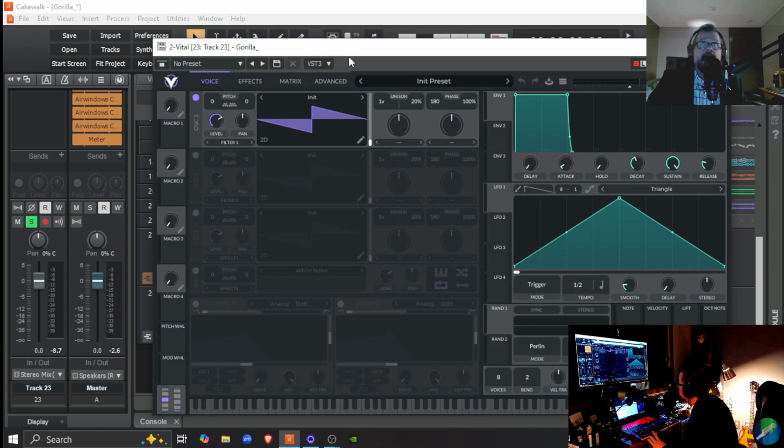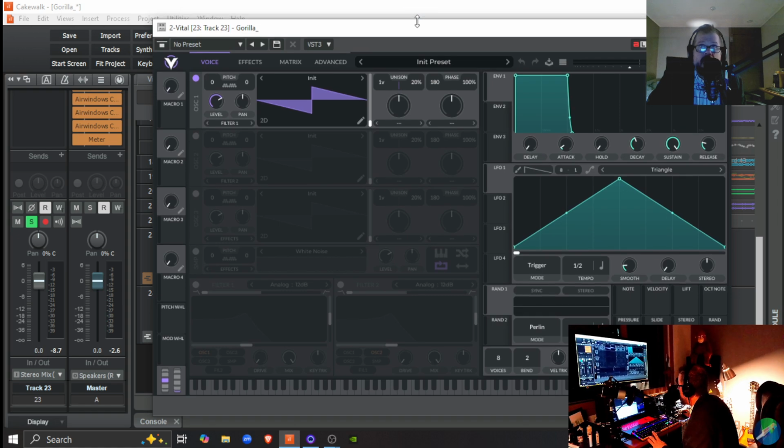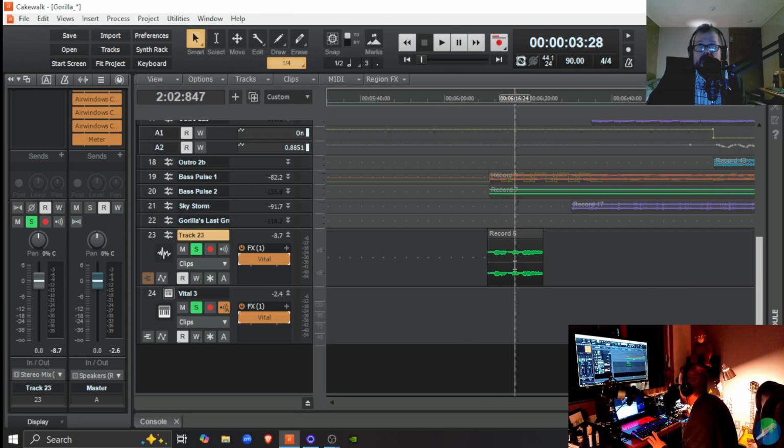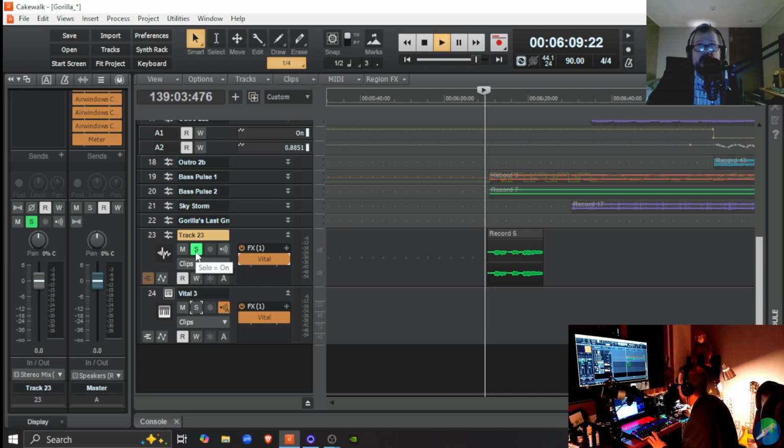And so, as you can see, over here, track 23, there's the volume meter, coming in at minus 8.7. And I got waveforms. However, on playback, this track is soloed, and nothing.